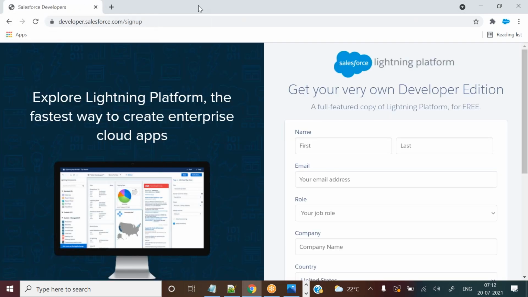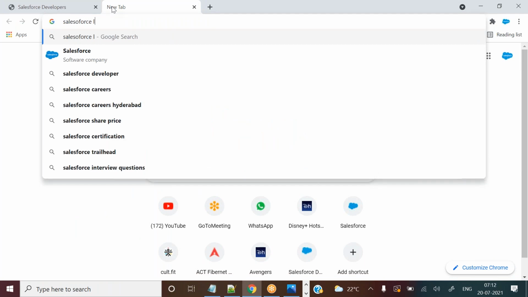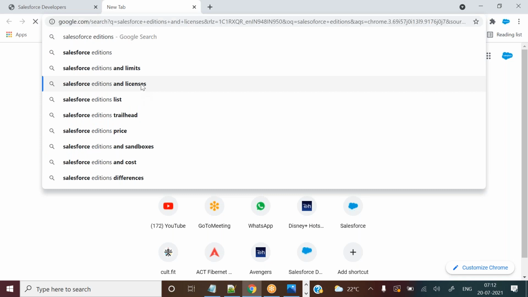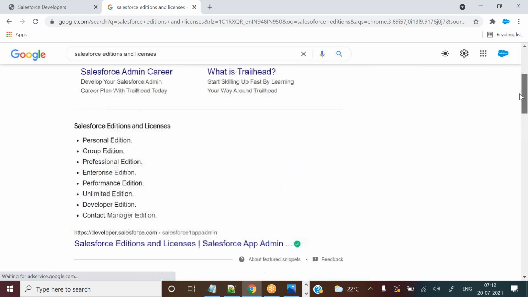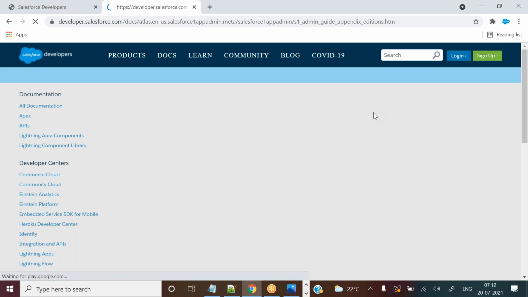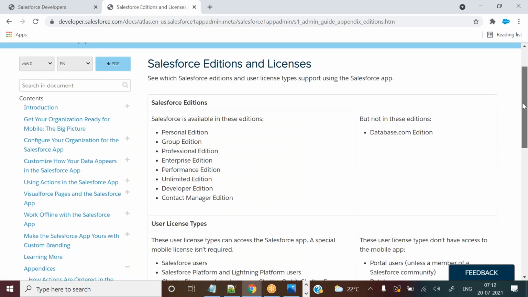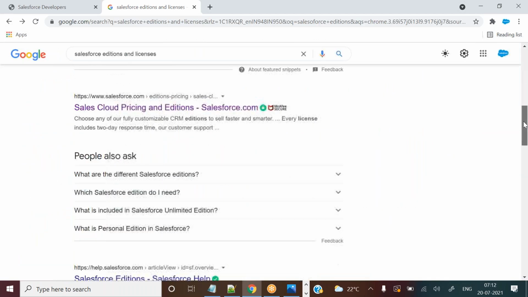Okay, and long back I mentioned the different Salesforce editions. Let me show. Okay, Salesforce editions and licenses. In the demo class, I explained about this. Let's see, cloud pricings.